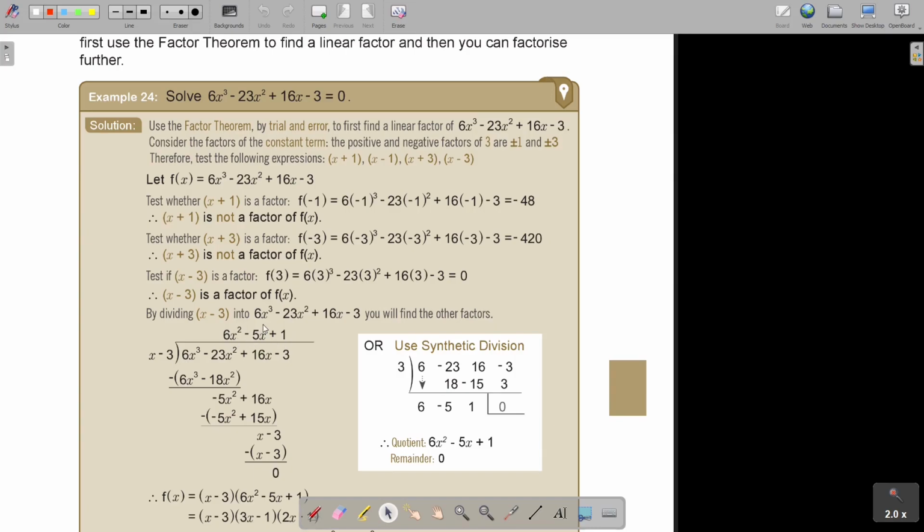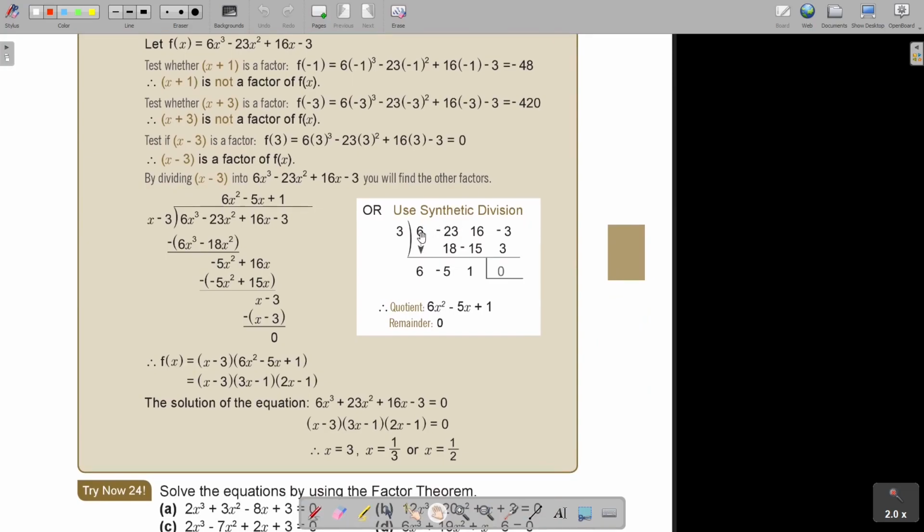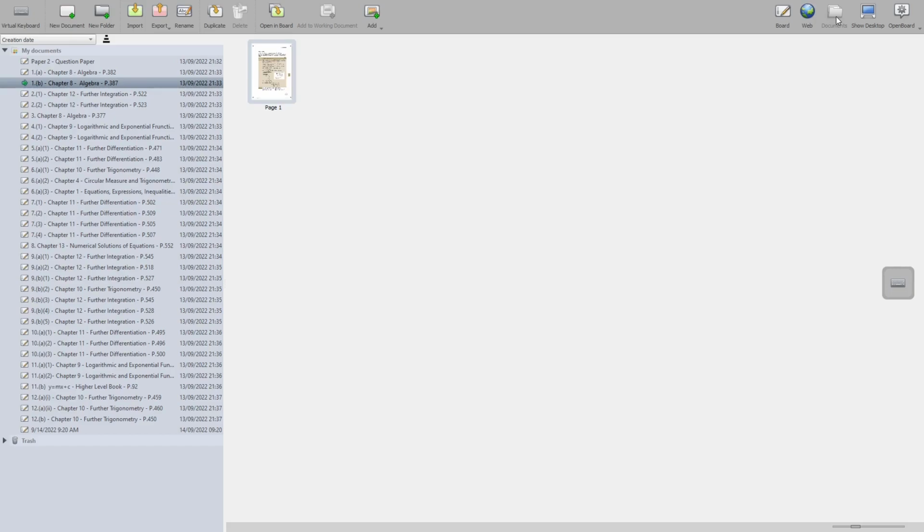And after you do that, and remember please, I'll show you now the short one again. It's actually very easy. So you just bring it down, you multiply, you write, you calculate that. And then after that, you just write it like that, and then you factorize, and then you have your three factors. But because it's an equation, you put it equal to 0. So it's either this equals 0, or this equals 0, or this equals 0. And then you have your three answers. Okay, let's go back to the question.